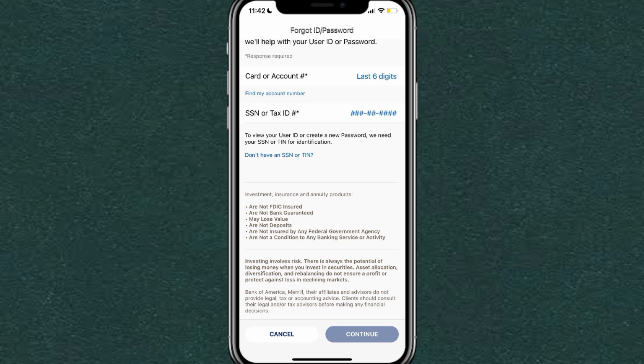That typically includes your full card or account number, your social security number or tax identification number, and your birth date. Enter each item carefully, exactly as it appears on your account. Take your time. A simple typo can cause a mismatch and slow you down. Make sure you're using a private, secure network and that no one can see your screen while you're entering sensitive